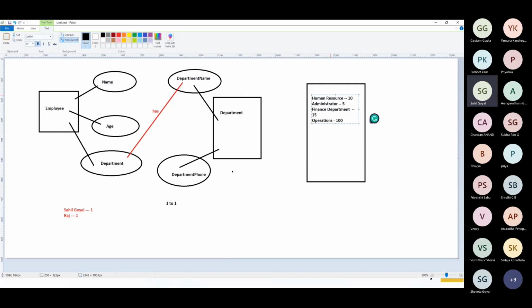So what this showcases is that one department can belong to multiple records, but one employee is going to belong to one department only. Okay. So now, if I create an employee table here,